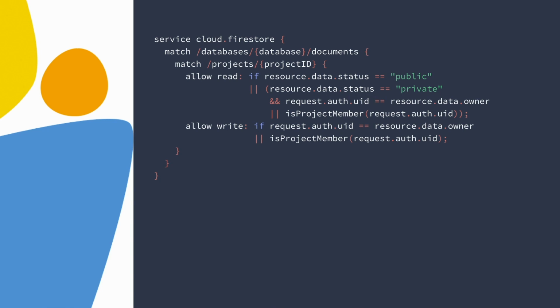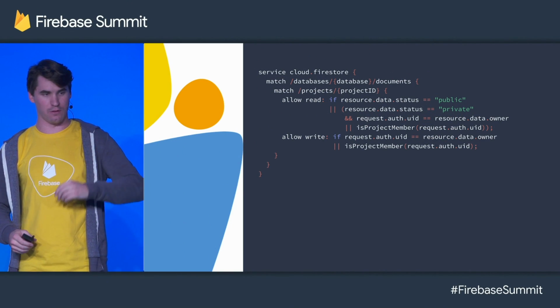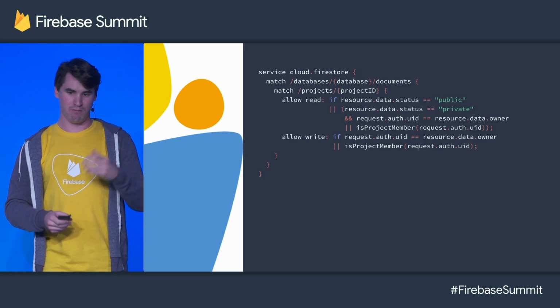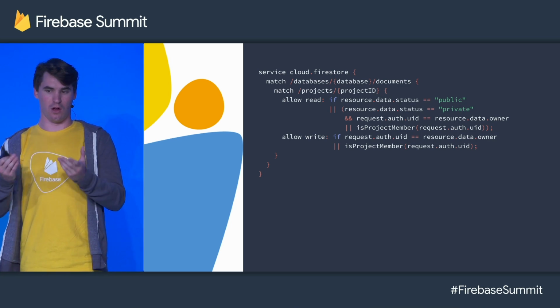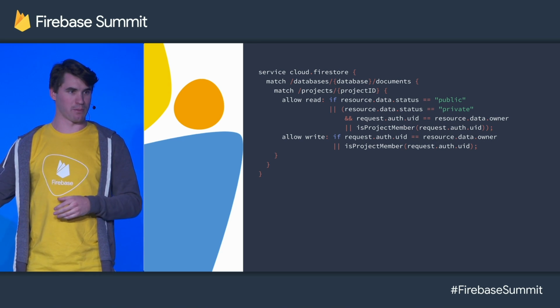So we can say allow read, allow write, or in the future we'll allow more granular ones that I'll actually show on the next slide. And we're going to translate the English sentences that I wrote into these attribute-based access control type conditions. So we're going to say if the resource data status, so the fields of that document, are public, anyone can read it. Or, translating that, if it's private, either the creator or someone who's a project member, which